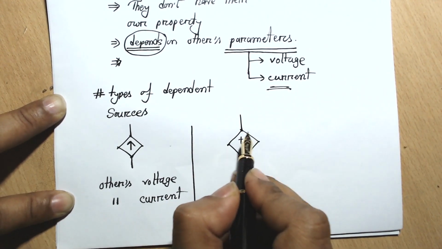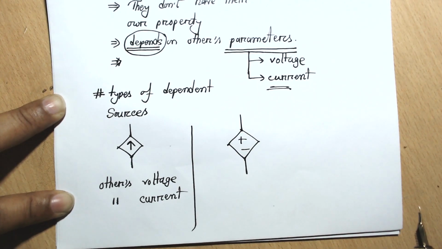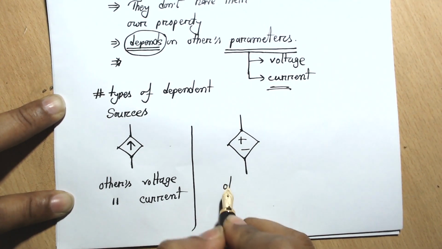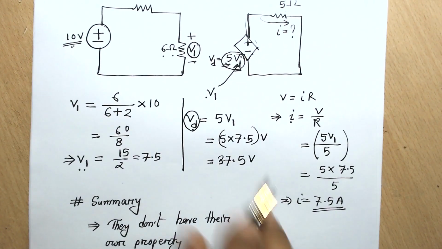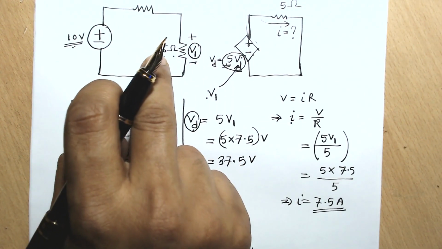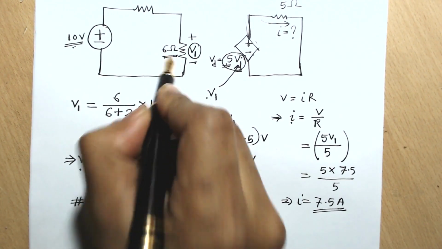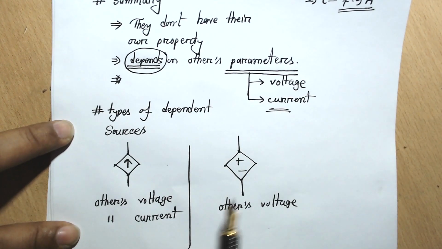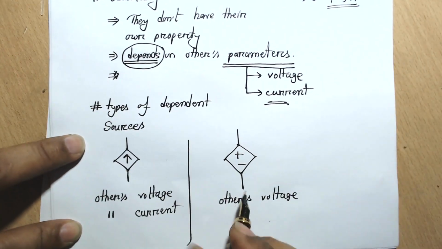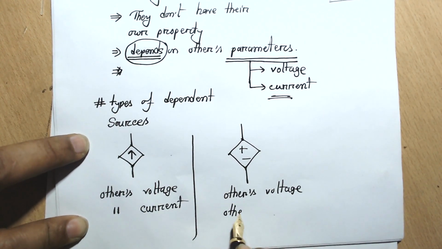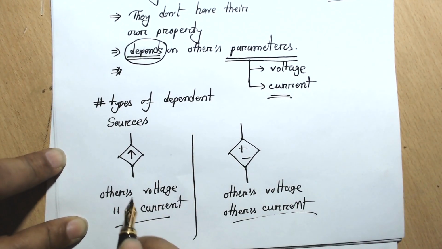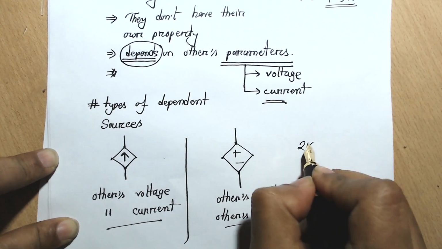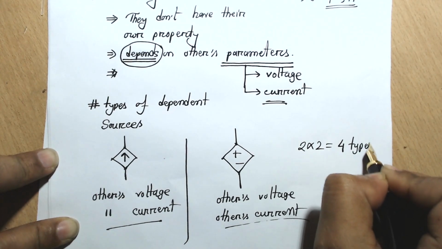Similarly, the value of this voltage source, as we have previously seen, can be dependent on others' voltage. For example, in this case, the value of this dependent source was dependent on the voltage of the 6 ohm resistor, right? Or it may be dependent on others' current. That means in each category, we have two additional criteria, which makes it 2 times 2 equals 4 types of dependent sources. So to list all of them,